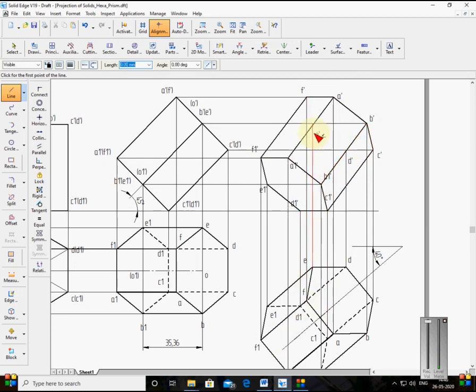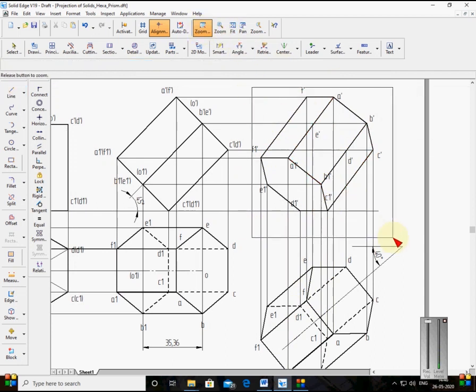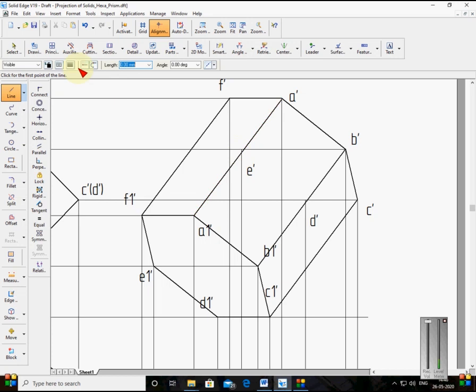And remaining here, E dash, D dash, is not seen. Remaining lines from A1 dash, A1 dash, F1 dash, A1 dash, B1 dash, B1 dash, C1 dash, are already joined. So I'll zoom the area now. If you observe here, this point E dash is here, and now I'll bring this E dash somewhere here. Where is D dash? D dash is here. So from E dash, B dash corner, both are not seen. That means lines going from this corner are all hidden.